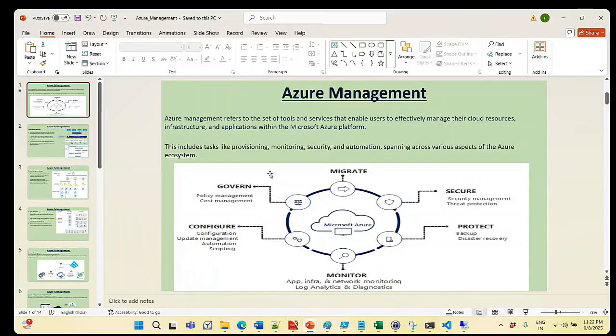And next is governance. Governance means what? Governance is nothing but policy management as well as cost management. What do you mean by policy management? So